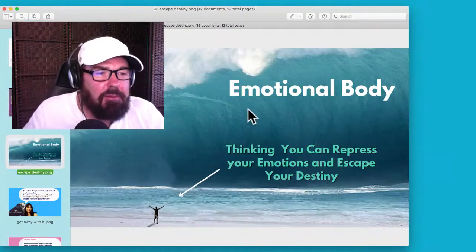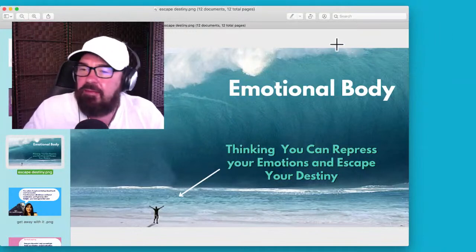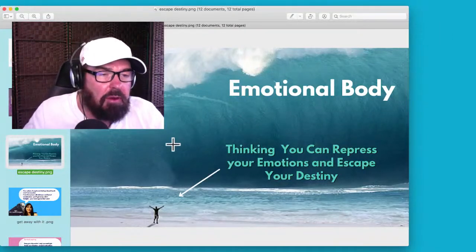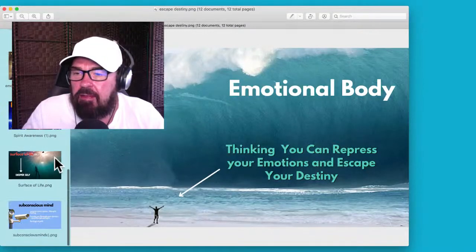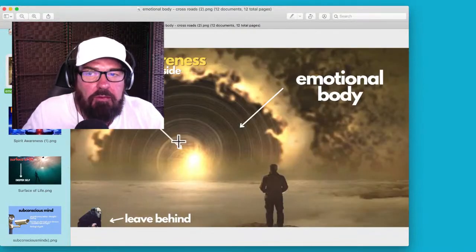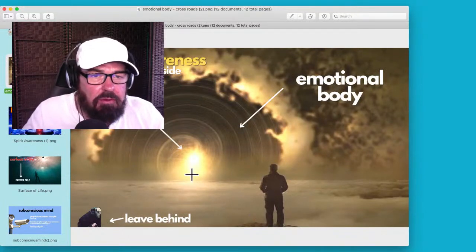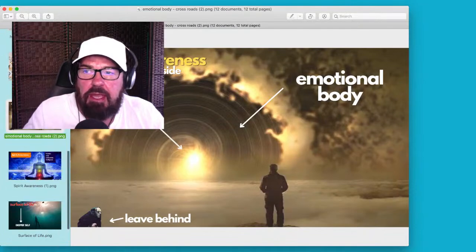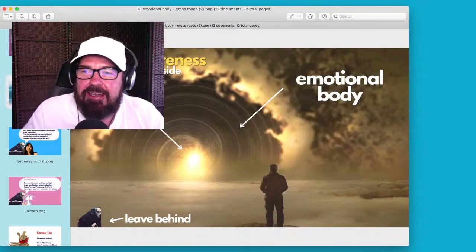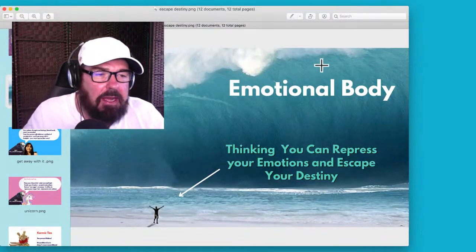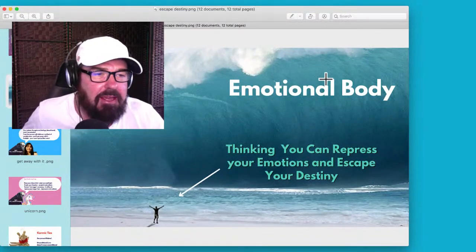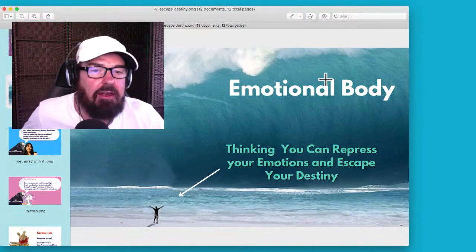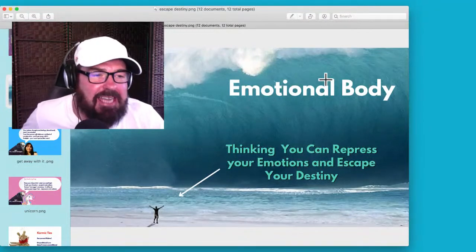I'm going to avoid my emotions in this lifetime. No, because we're evolving through our emotional body. Right, we're evolving through our emotional body, and this is the way we're evolving into spirit awareness. And the only way in is through this emotional body, right? So we can't escape it. You can't escape it, and especially now because it's so emotional, right? With this full moon in Pisces, that it's there,